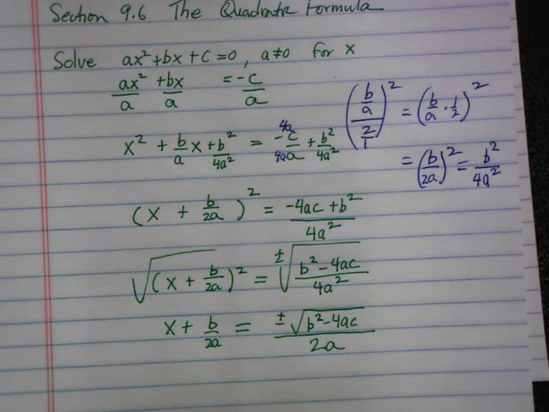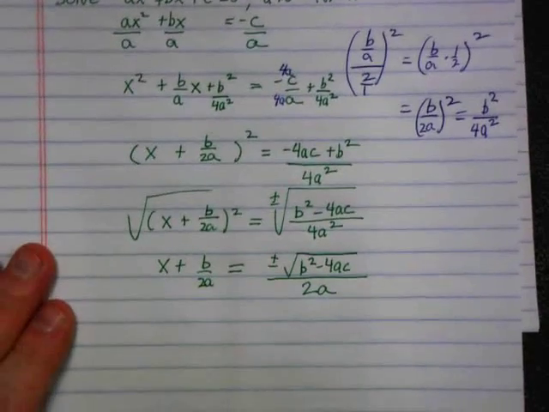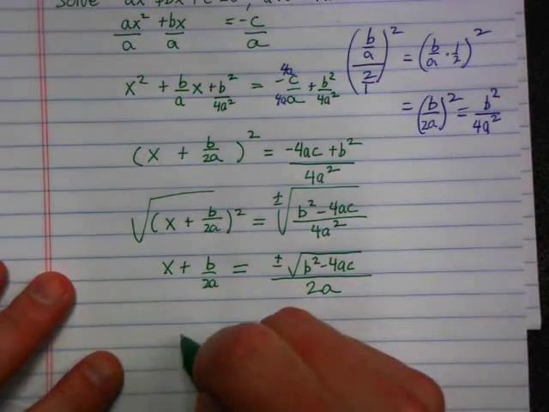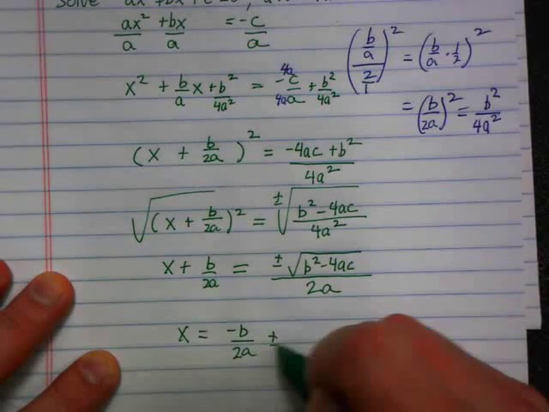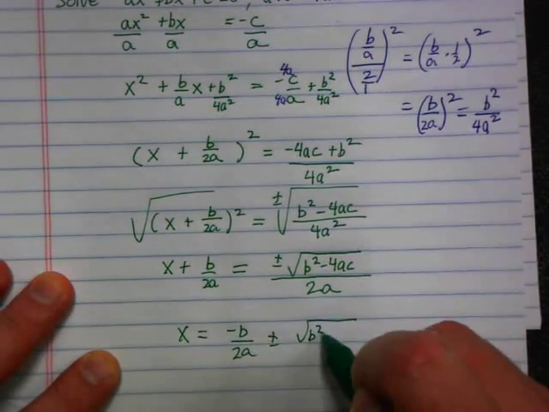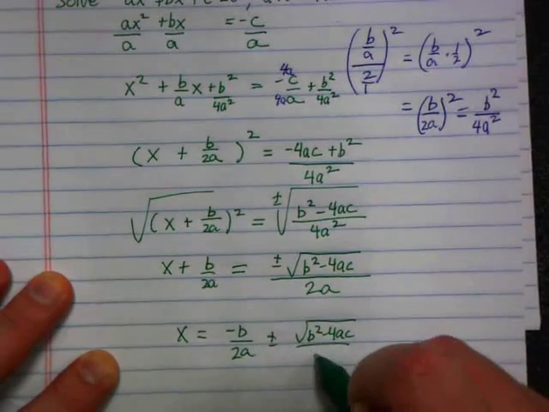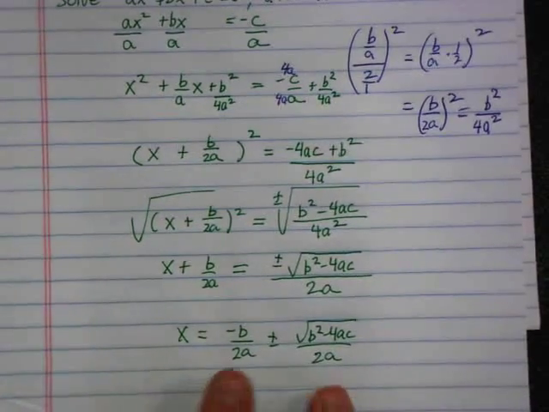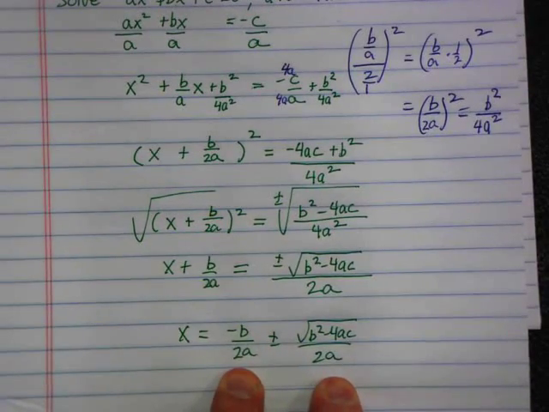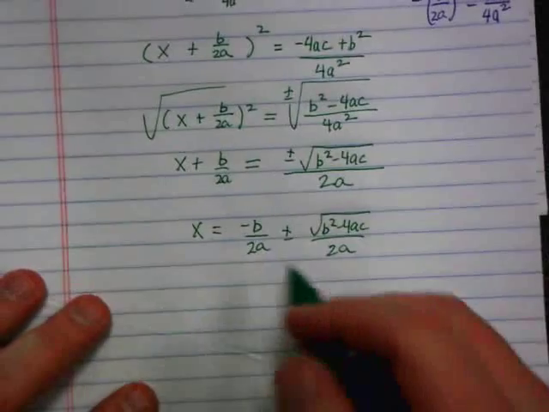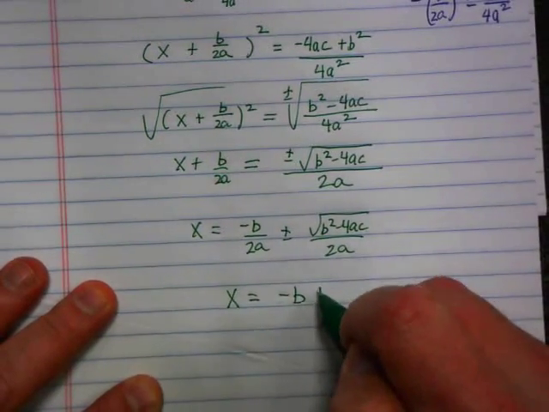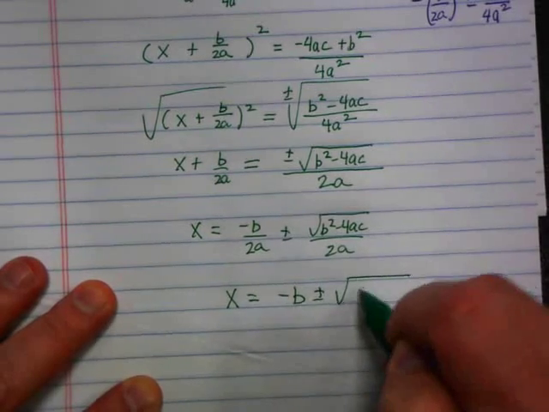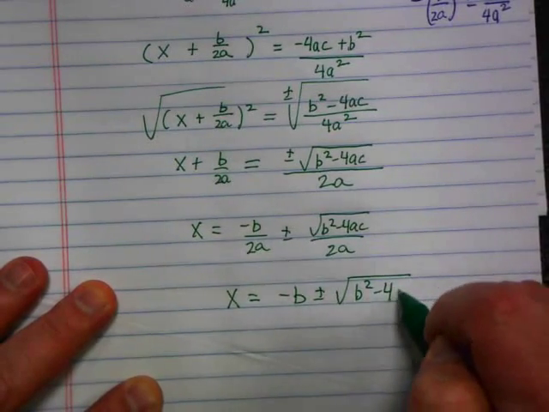Finally, how do I get the x all by itself? Subtract the b over 2a. So x is negative b over 2a plus or minus the square root of b squared minus 4ac all over 2a. But as normal, I notice I've already got a common denominator. So I'm going to write this as one thing. I'm going to write it as x equals negative b plus or minus the square root of b squared minus 4ac